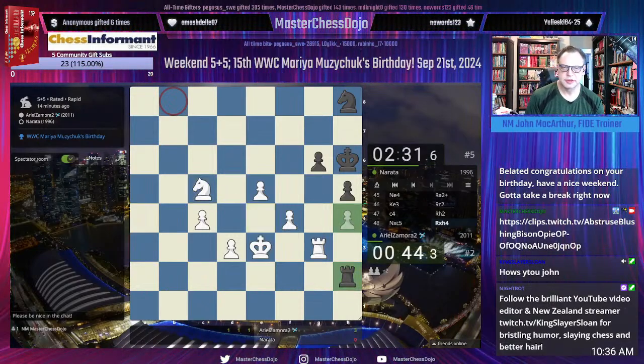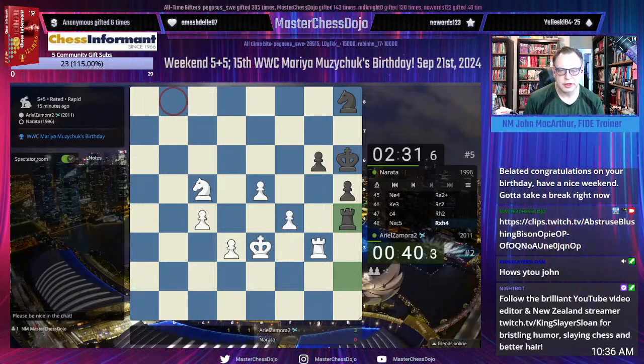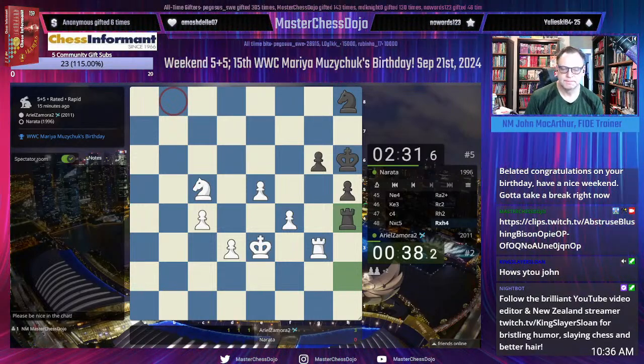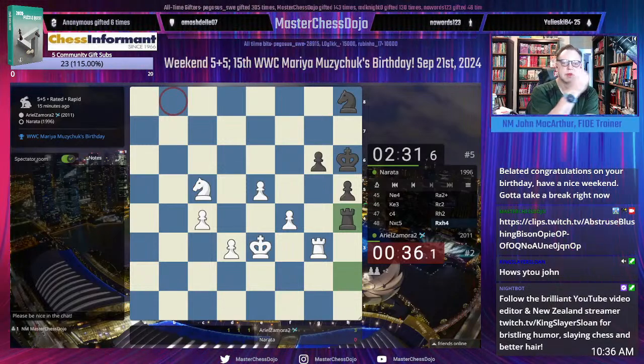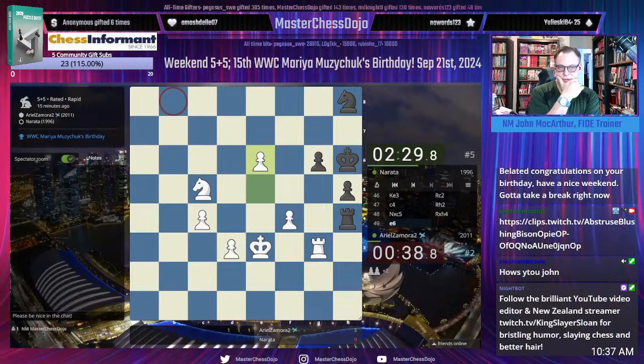Narata is getting there, but e6 should at least decide it. e6, e7, and the pawn cannot be stopped.